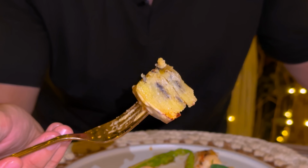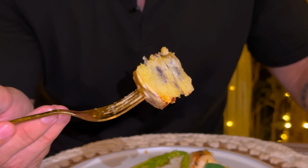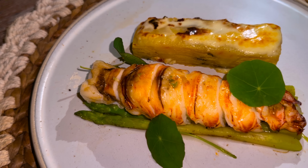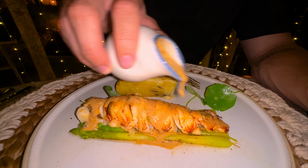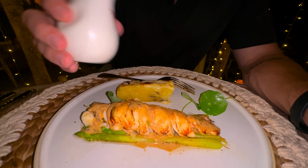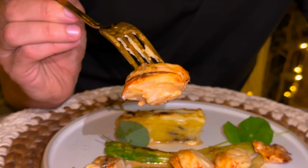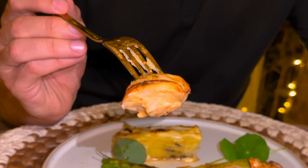Try it out. Soft, savory, and a bit truffly. It's very nice. On the plate, we have like a little asparagus bed and then the lobster on top of that. And they have this lobster bisque that they said we should pour on top. Oh, looking very wet. I'm gonna grab a fat piece of this lobster. Let's go for it. Delicious, not overcooked. Still warm, even though they have some runner, like basically sprint with the food from the kitchen